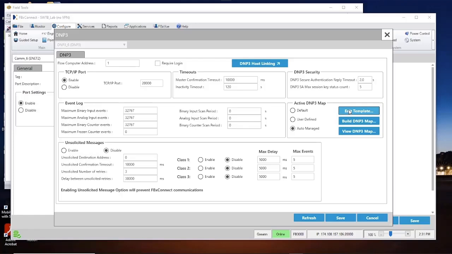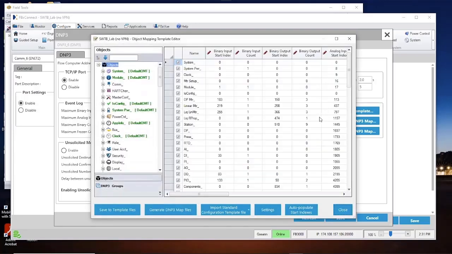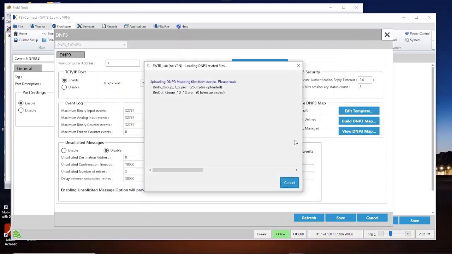If I look at my template here, I'm just going to click on Edit Template. This is the template that I'm using for my DNP map. All I really did was import a standard configuration template file. Obviously, you can customize this to your needs. If I didn't have RTDs, I could disable that so it wouldn't map those to DNP addresses. But once I get this the way I need it, I can save the template file, and then I can click on this button here to generate the DNP map file. So once the DNP3 map file is created, I can view that DNP3 map,